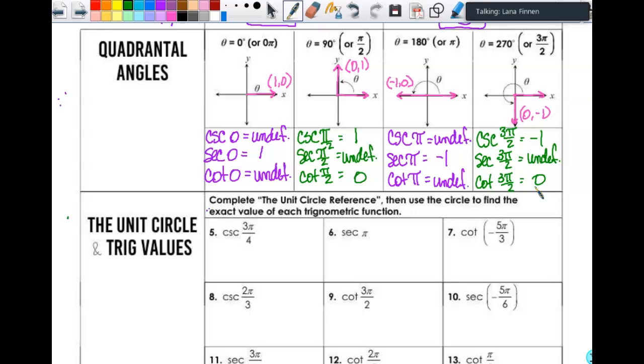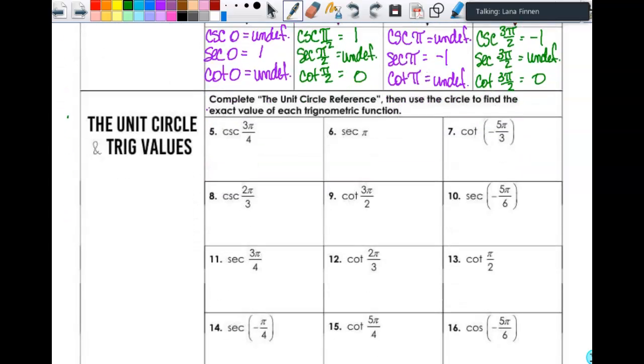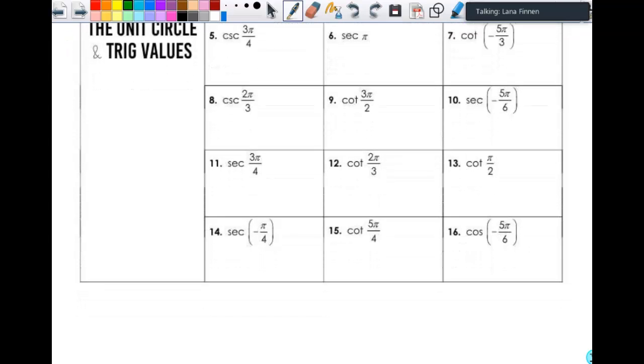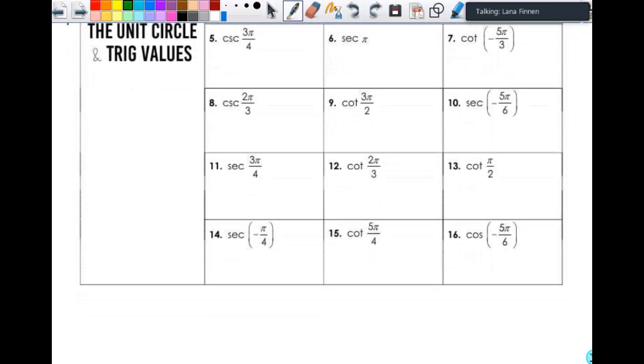All right, so we're going to do 5, 6, and 7 together, and then you're going to do the rest. So we ignore the directions on here, just like you ignore the directions on everything. And whether or not you write down "all students take calculus," or it's just in your mind, whatever works for you. It's not a bad idea, I don't think, to write it down, because I think sometimes, even if the letters weren't there, just to have an X and Y axis that you can actually look at and think around the circle, because then when I'm asking y'all questions at the door, I can see the little wheels turning in